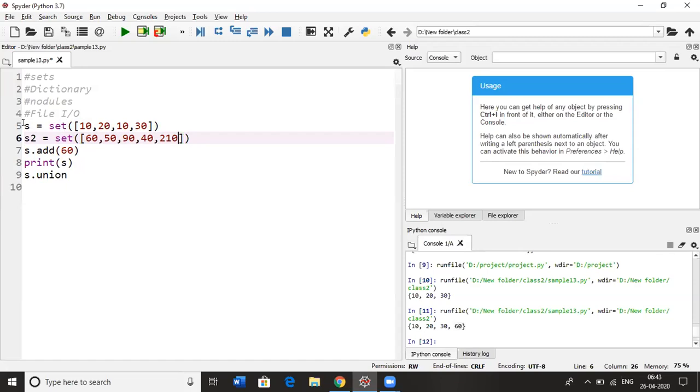Okay, we have two sets. If I want the union, you can just write set 1 dot union of set 2. In that function you need to pass another set. It will give you the union operation.